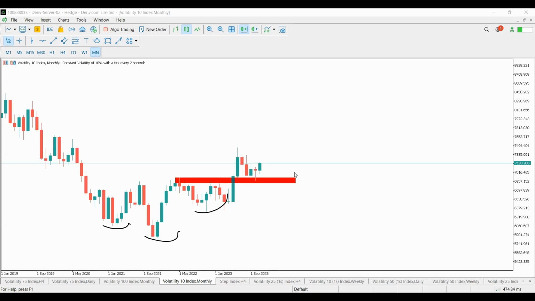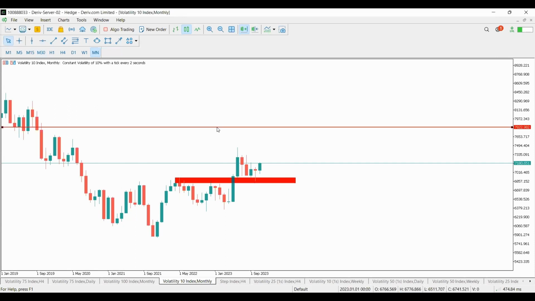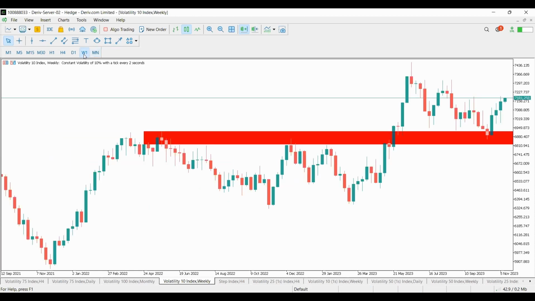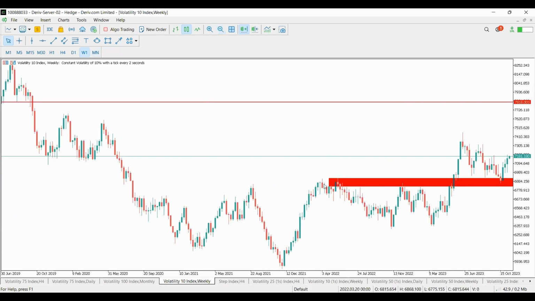So now that we have retested this area, which area are we looking at the market pushing to? Personally, I'm looking at the market pushing into this area here of supply, because we have a hidden area of supply in this area here. Also, we have this impulse correction and correcting into this structure here, and we expect the market to push up. So now when you go to the weekly time frame, what do we observe? Now, when you come to the weekly time frame here, I'm just going to adjust this slab so it's not so big. I'm just going to adjust it like this.